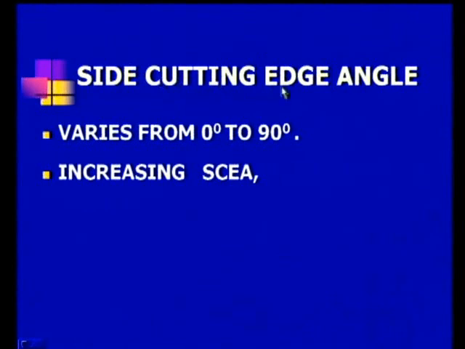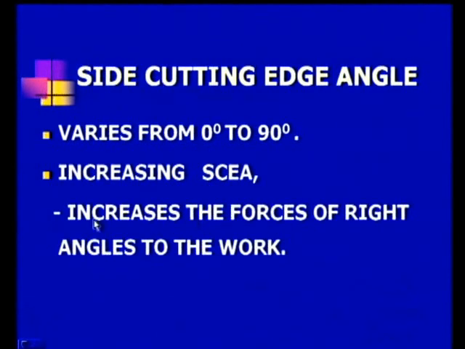SCEA stands for side cutting edge angle. If you increase the side cutting edge angle from 0 up to 90 degrees, what happens? We will see. It increases the forces at right angles to the work. At 0 degrees, the side cutting edge becomes parallel with the side of the cutting tool. There is no side cutting edge separate from the side of the cutting tool, and that is the 0 side cutting edge angle. As you increase the angle, it increases the forces at right angles to the